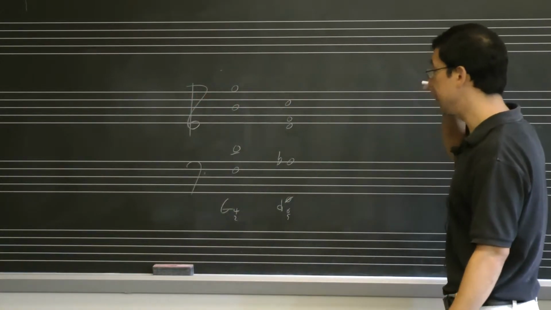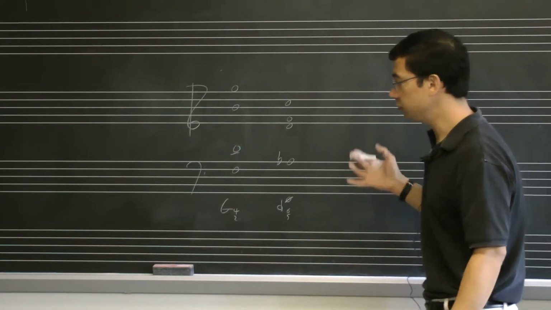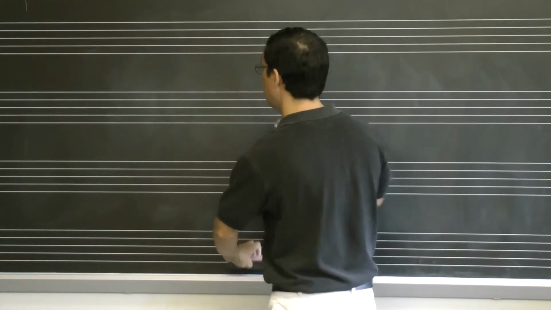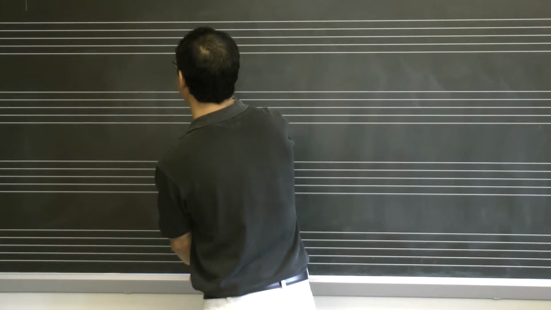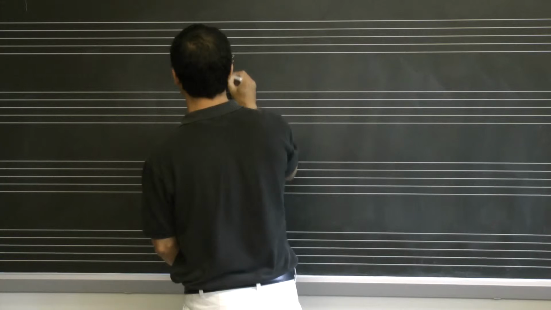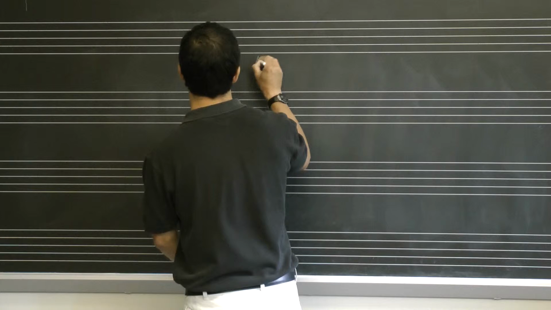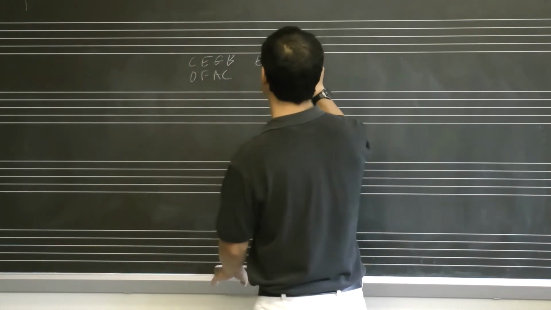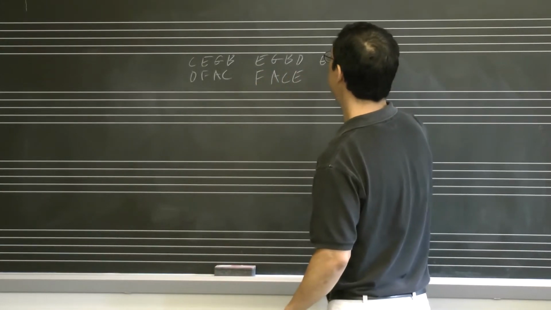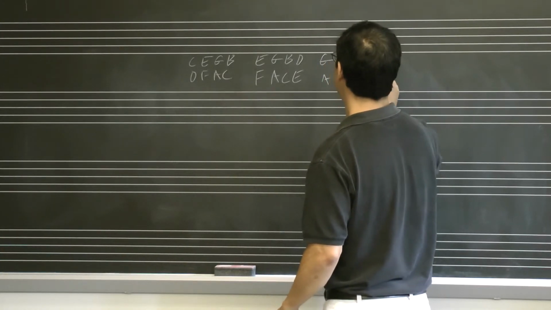And then, of course, the other thing is that just the way we had a limited collection of note names for triads, we've got a limited collection of note names for seventh chords. So, C, E, G. And they start the same way. So all you have to do is add on to what you've already learned. D, F, A, C, E, G, B, D, F, A, C, E, G, B, D, F, A, C, E, G,